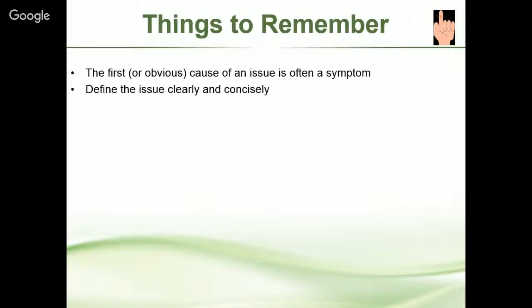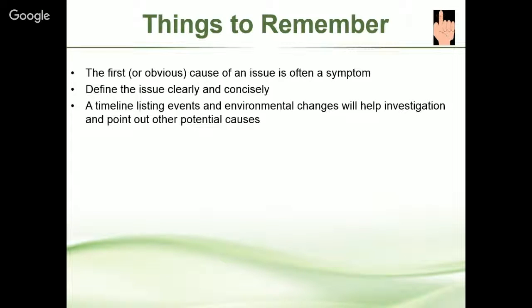So define your issue very clearly and concisely. Get your timeline together. That's events not only with your project, but peripherally that might have caused it. So the pipe bursting, maybe you turned the water off inside, and when you turned it on, it suddenly burst. But maybe the temperature got below freezing outside, or maybe someone was doing some work around a pipe and caused things to move, or maybe you replaced a pipe somewhere else,